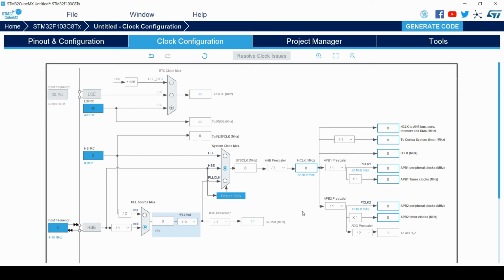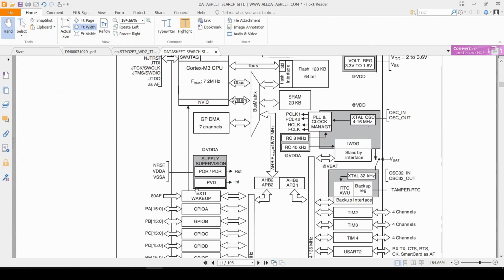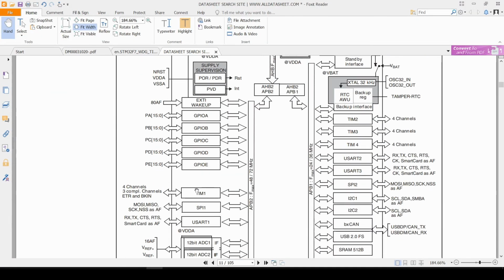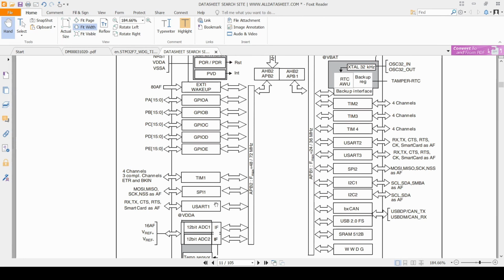Now let's look at which peripherals are connected to APB1 and which peripherals are connected to APB2. Here you can observe that APB2 can operate at a maximum of 48 or 72 MHz. All the GPIOs and ADCs along with timer 1, SPI 1 and UART 1 are connected to the APB2 bus.